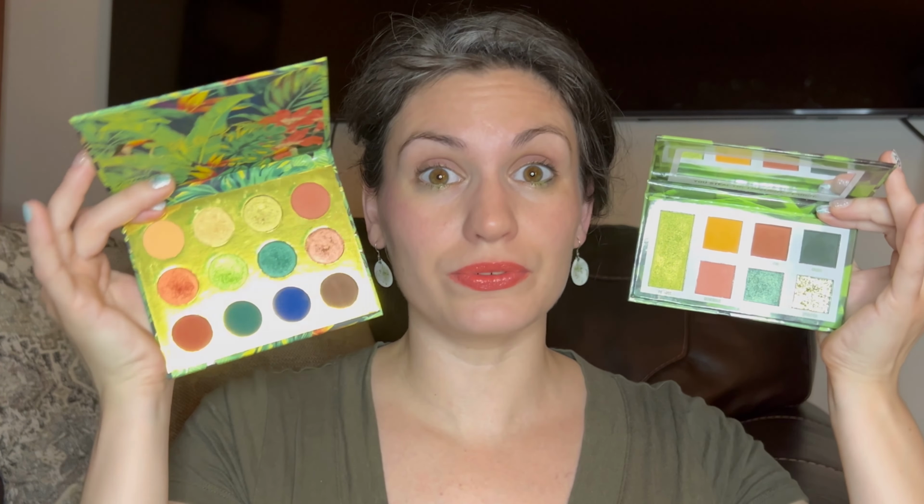Today I wanted to take these two palettes, the Peridot palette from BH Cosmetics Birthstone series and the Lush Life palette from ColourPop, and do sort of a palette duel with them. When I saw this palette, I was excited and I really liked it. It wasn't until I actually had it in my possession that I realized why I liked it so much, that reason being that it is very similar to a palette which I already owned and loved, the Lush Life palette